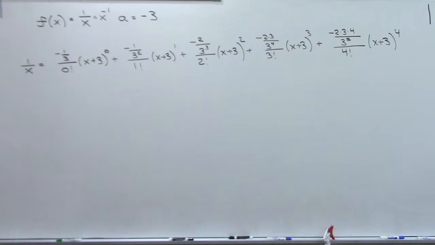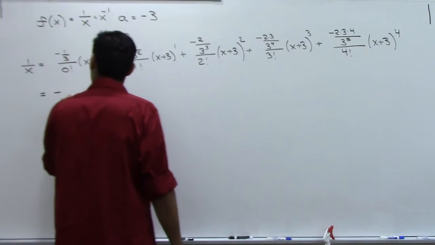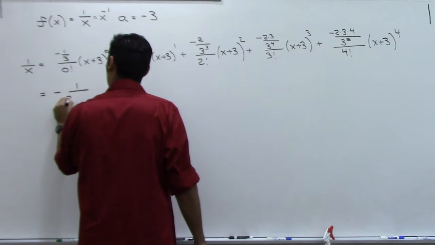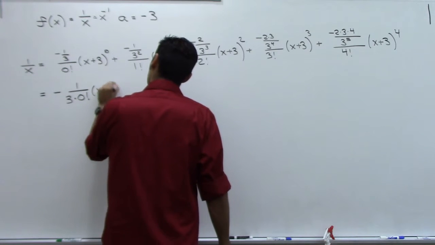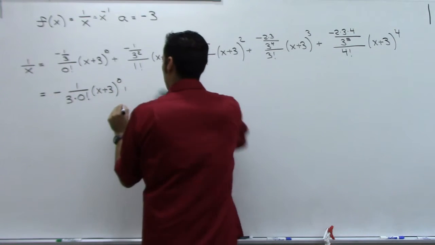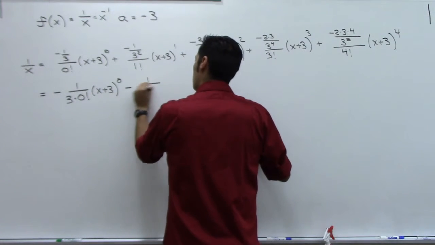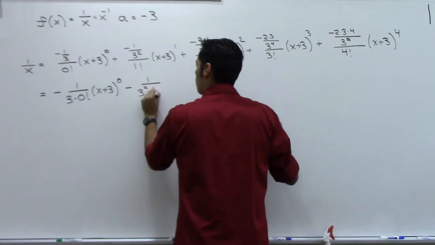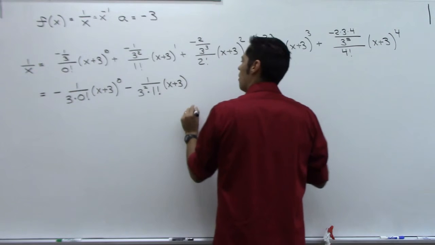So I'm wondering if I should flip again to make it easier for you to see. This is negative 1 over 3 times 0 factorial times (x plus 3) to the 0. And then this is going to be another minus. So minus 1 over 3 squared times 1 factorial times (x plus 3) to the first power